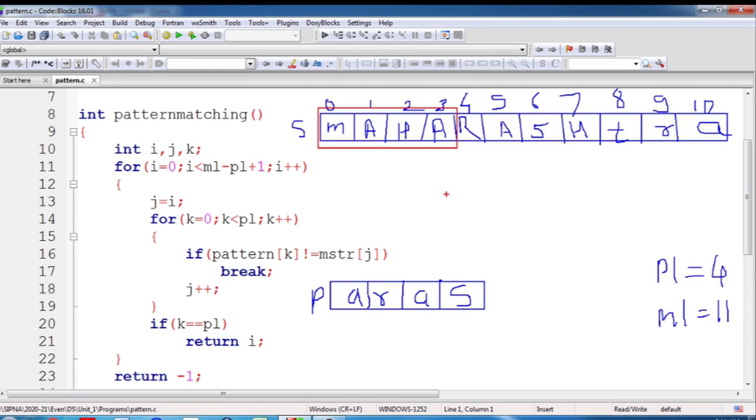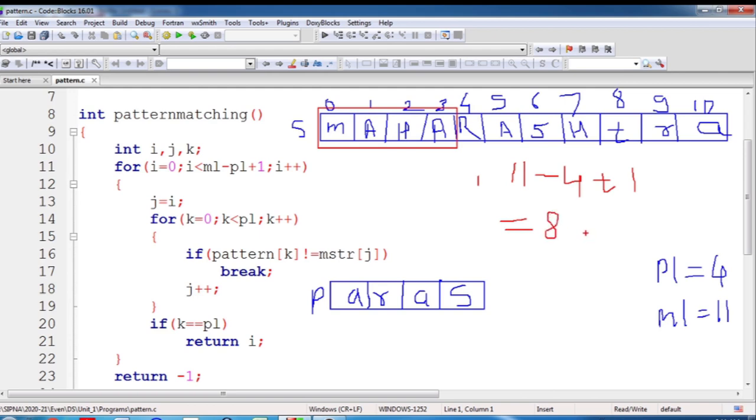Now how many such substrings will be there? As we have seen already, the formula for that is size of the main string minus size of the pattern plus 1. So here for this example, the size of the main string is 11 and the size of the pattern is 4, plus 1. So it will be computed as 8.